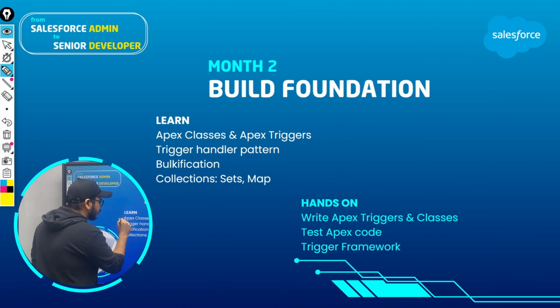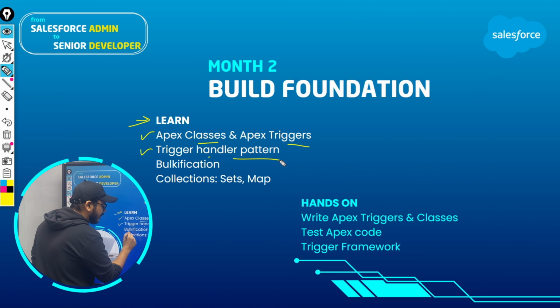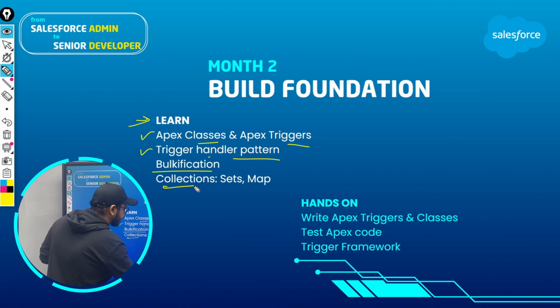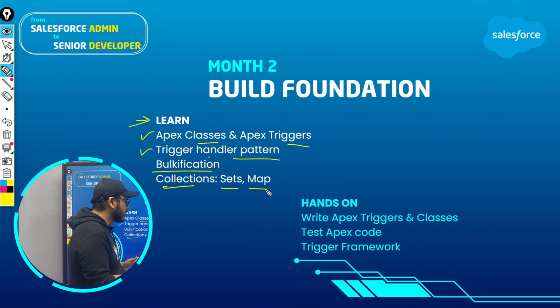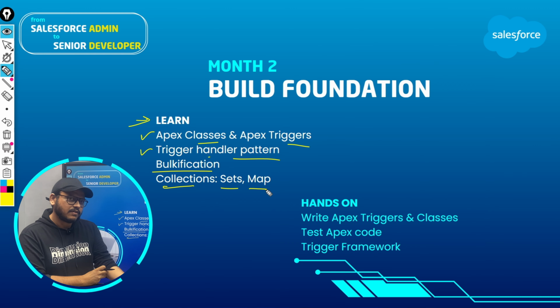Then learn about your Apex classes, triggers, frameworks, patterns. Understand bulkification. How does that work? How can it impact your code? Understand collections, sets, maps. So not just the usual code, but try to work with your sets, maps, etc., so that your code can work for a larger set of records and not just for, say, 2 or 5